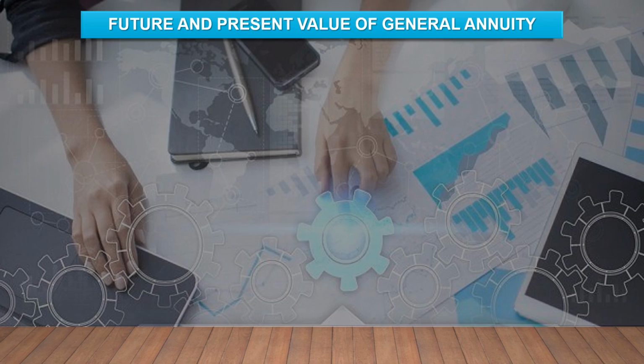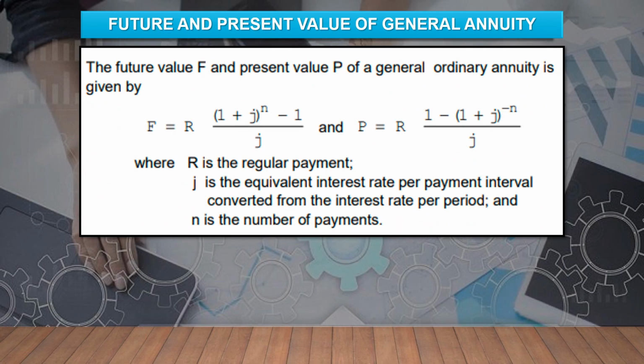Here are the other formulas that were discussed previously. We have the future and present value of general annuity. The future value f and the present value p of a general annuity is given by f is equal to r times the quantity 1 plus j raised to n minus 1 divided by j, and p is equal to r times 1 minus 1 plus j raised to negative n divided by j,